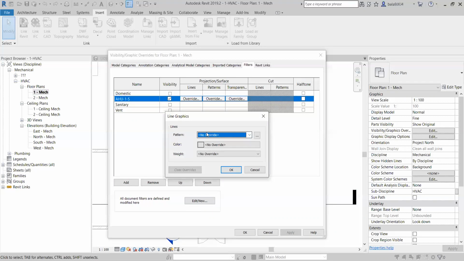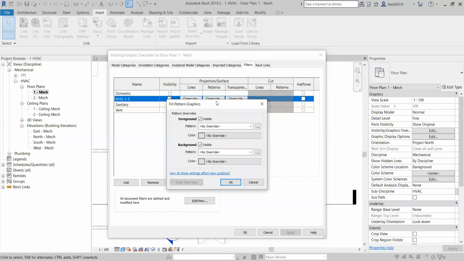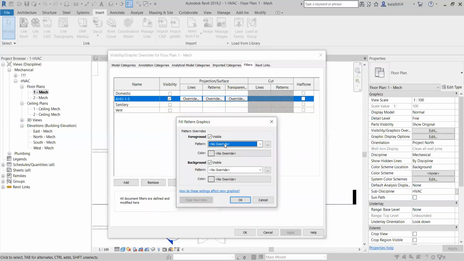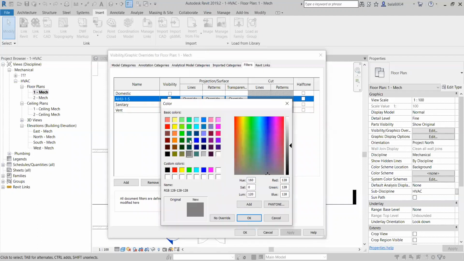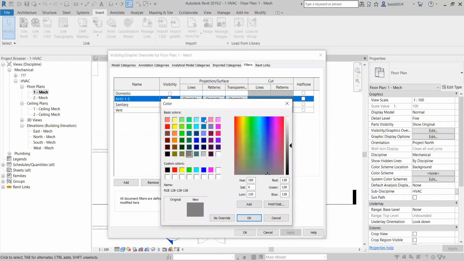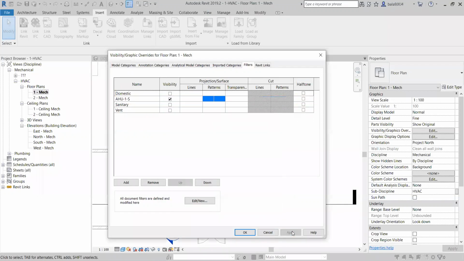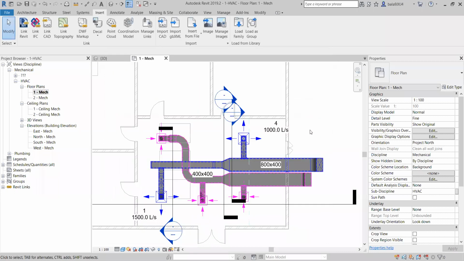How I want to show the lines, and how I want to show the fill patterns, which is nothing but hatch patterns. Let's say I want to go with solid fill with the color for supply. For the supply I want to use blue color. Here also solid, and I want to make it blue. Okay, apply. But it's not updated here. To update here, we need to have one common connectivity.